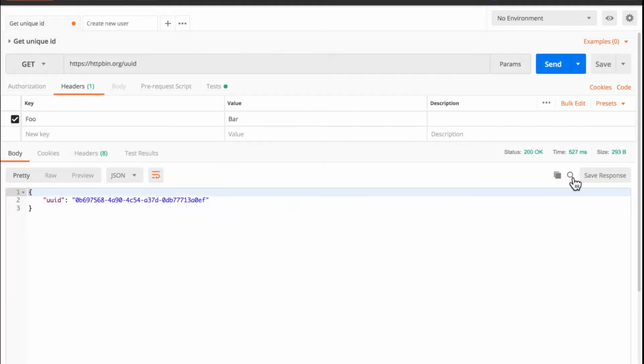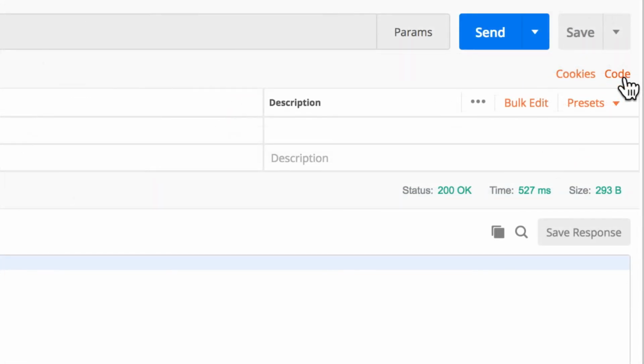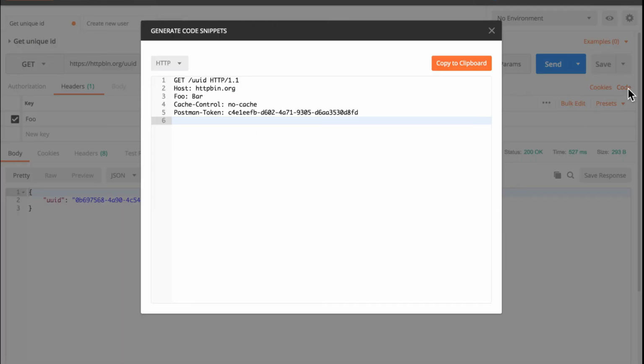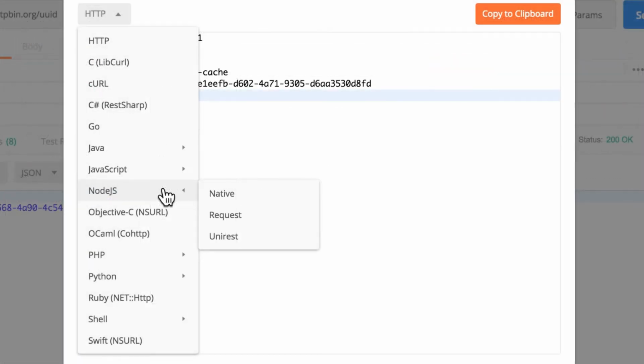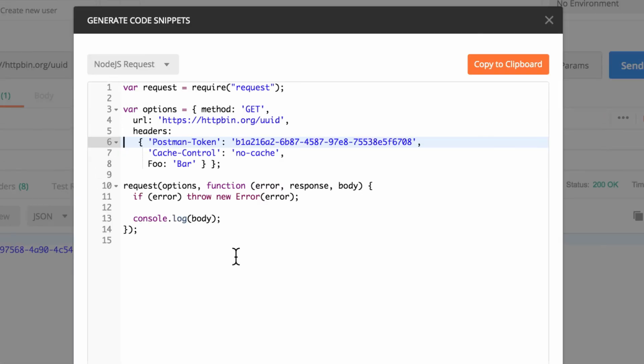And then right here, hidden below the save button, is this code button, which you then can click, and this additional window will open up. And from the drop-down menu, make sure you go to Node.js and then select request. And there will be this piece of code here that will be generated. So all you have to do next is click copy to clipboard